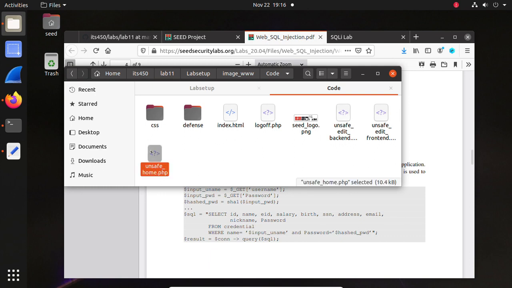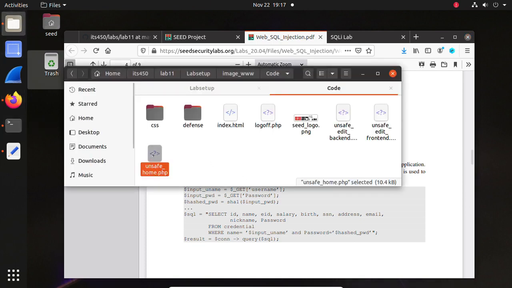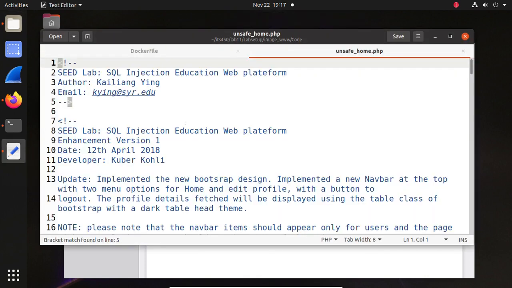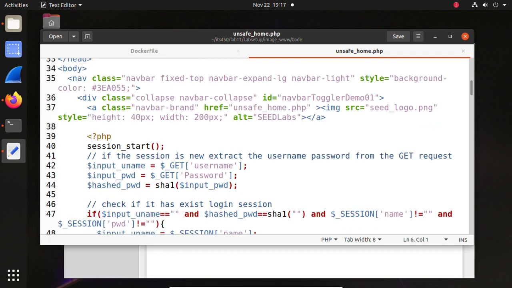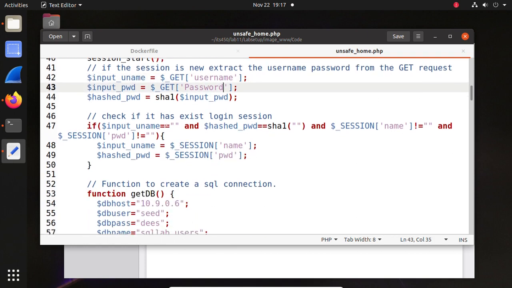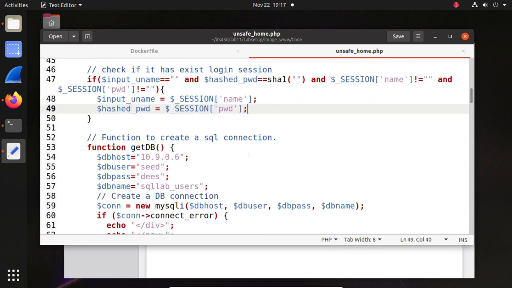The unsafe home. Yes, it's unsafe_home. You can check how it connects to the database with PHP source code. Start a session, get the username, get the password, and calculate the SHA-1 hash code of the password. The password is saved in the database. When the user logs in, it will check whether this information is in the database. Once succeeded,